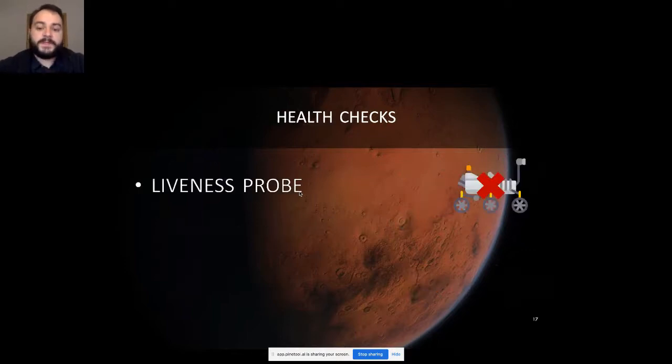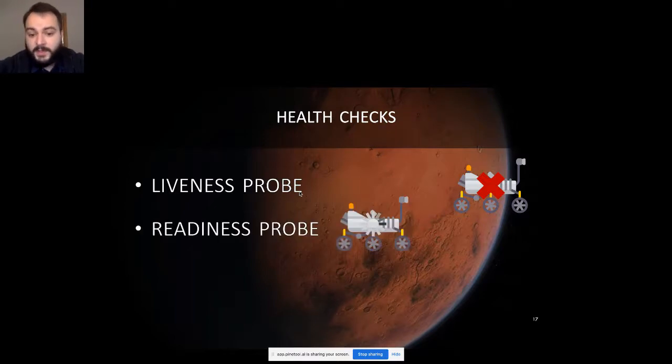And also, we have seen the health check. There are 3 types of health check in Kubernetes. First is the liveness probe, which we have seen. This is the case when the application cannot respond anymore and Kubernetes will restart it. With the readiness probe, sometimes the application is just overloaded and does not respond, but you don't want to restart it because maybe it will become available in a while.